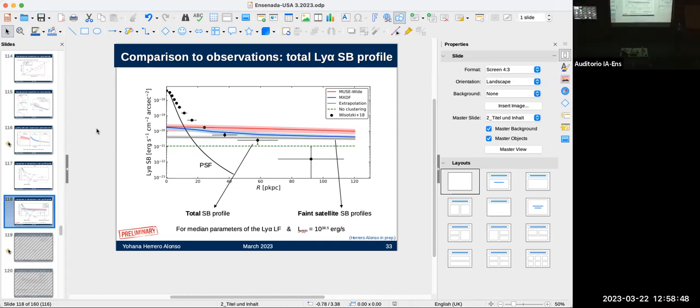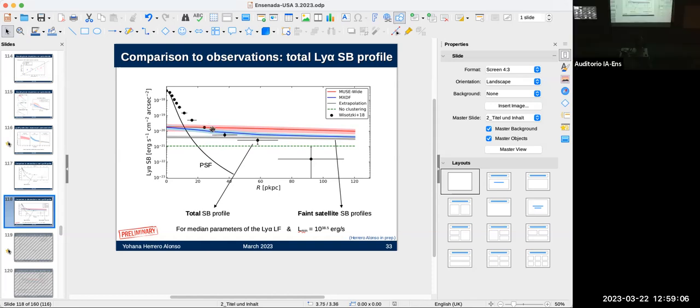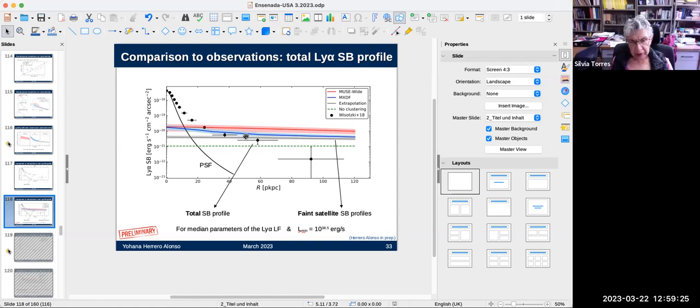So my conclusion here is that the undetected sources do not contribute to this stacked profile at very small scales, but at scales of 30 kiloparsecs or so, they are comparable. Yeah, exactly, they are comparable. From here, the satellite contribution is gaining a lot of importance. Above 50 kiloparsecs or so, the satellites are already higher than the measured profile. This means that the emission from those satellites alone can already explain the whole profile that is measured from the literature. Okay, well, thank you.